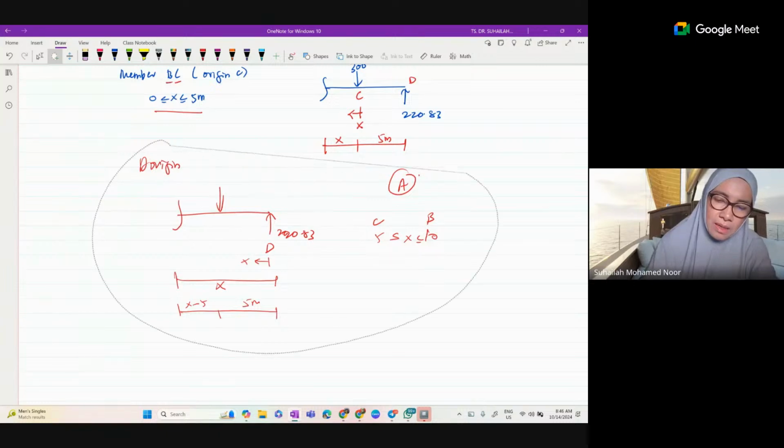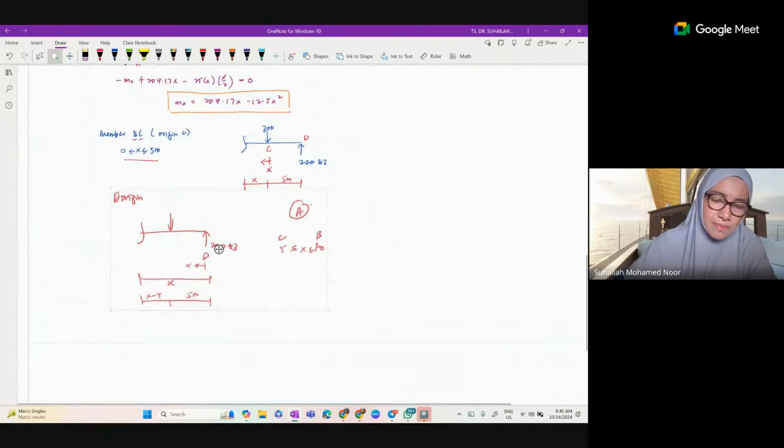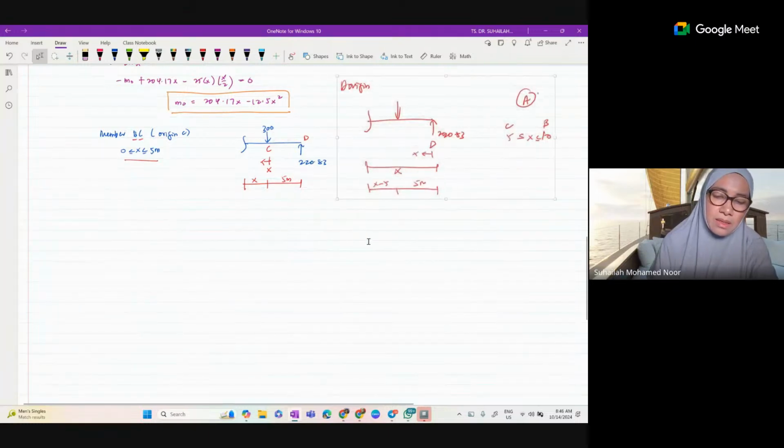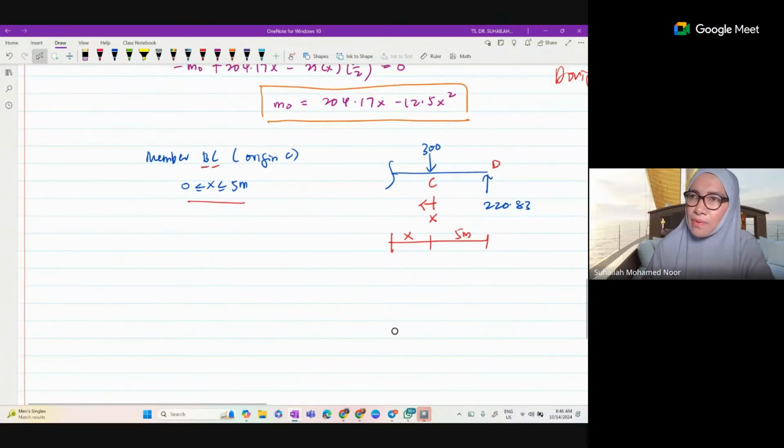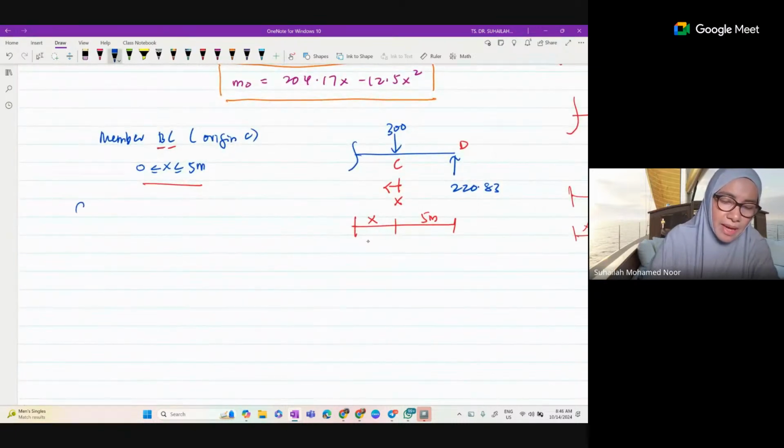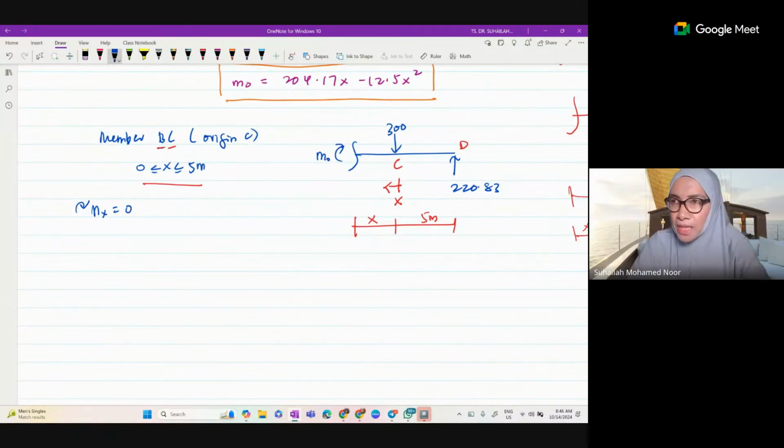Okay, yang ni saya pindah tepi ya. Ini option. Option yang you ada. Okay, now we will write this equation again, taking moment at the cutting point. Mx is equal to 0. So now this is M naught. Moment clockwise, because origin comes from right. So this is M naught plus